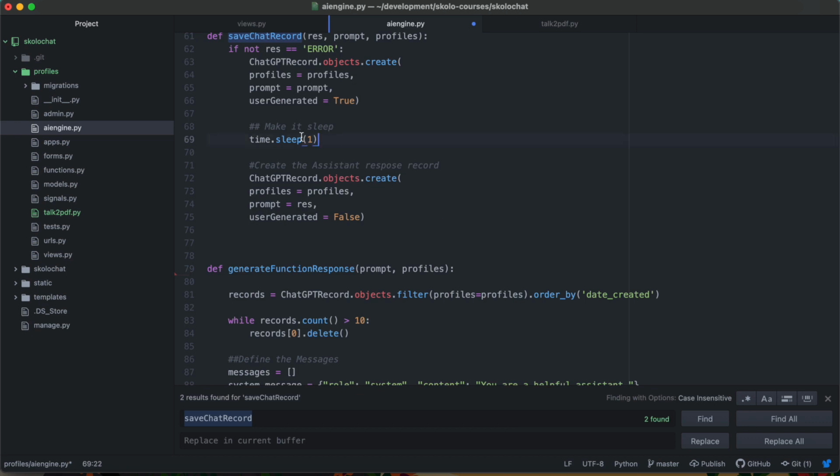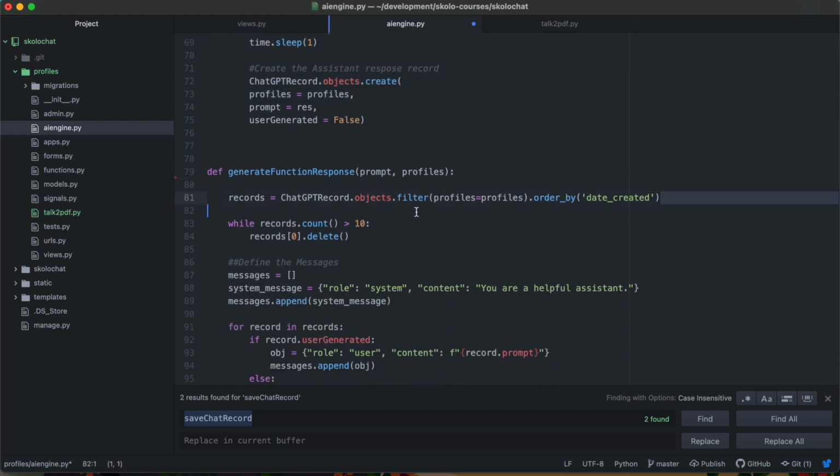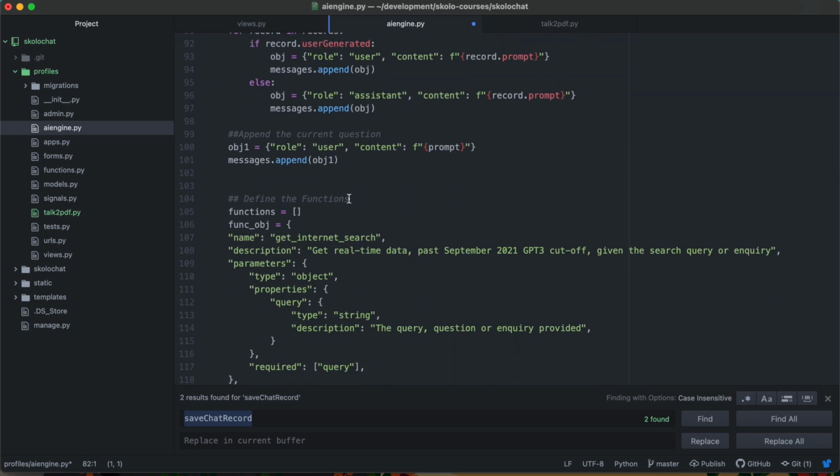So now with a time sleep, this allows this to be saved first and then that to be saved second, so that when you call it back in that order, you get the user question first, and then when you append them into this list and send them back to the database, they come in the right order. I know it's quite a bit to take in right now, but we're just covering what we've already done so